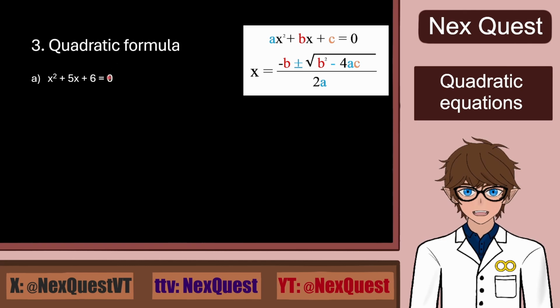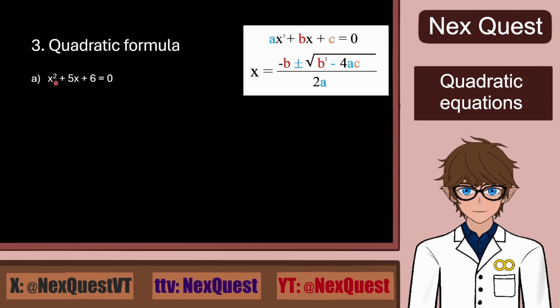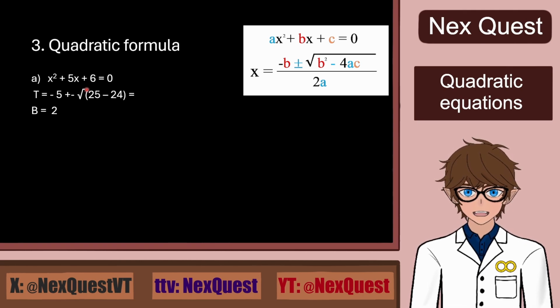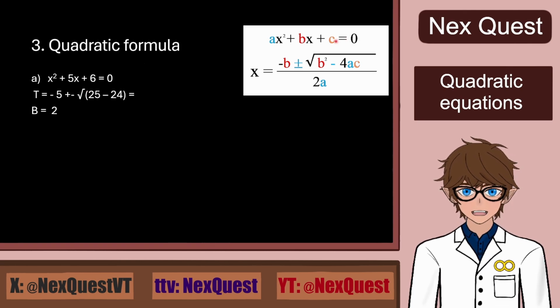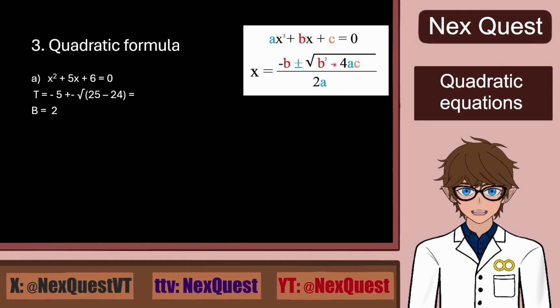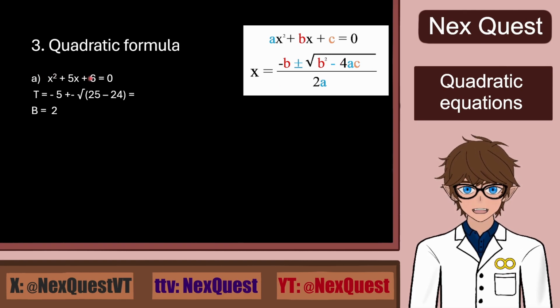Next up, we use the quadratic formula on equations. First one is x squared plus 5x plus 6 is 0. I paste the numbers into the formula. Hopefully you still remember it. I put it up here next to the solution so it's easier for you to follow along if you did remember it wrong. But we put minus 5 plus minus square root of 25 minus 4 times 6, which is 24,